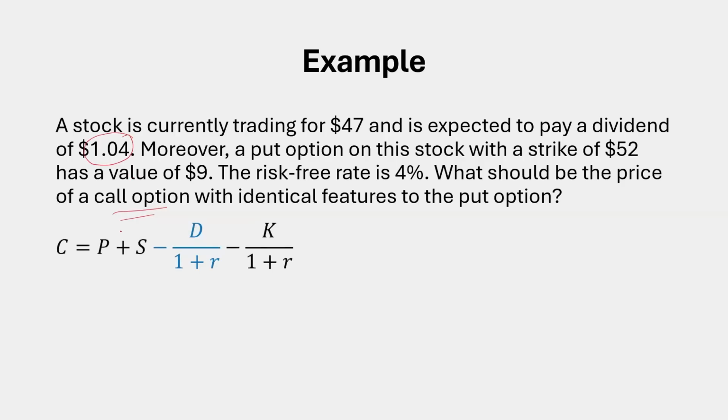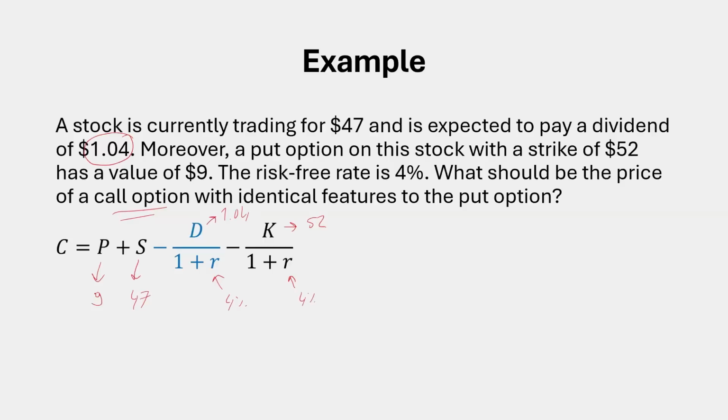Exact same equation. The stock price is currently 47. Dividend is 1.04. Strike price is 52, R is 4% here and here,